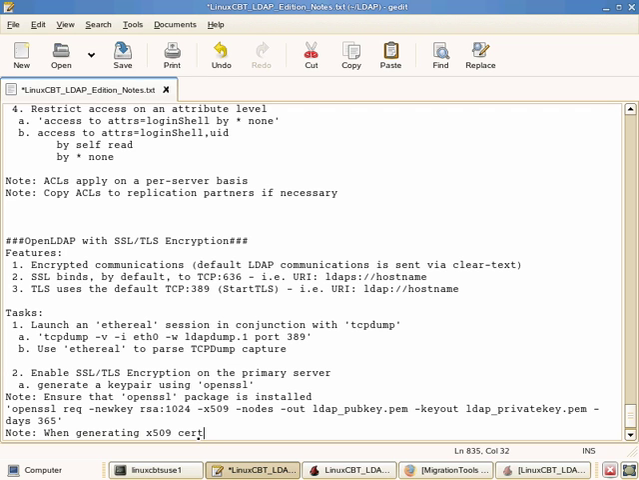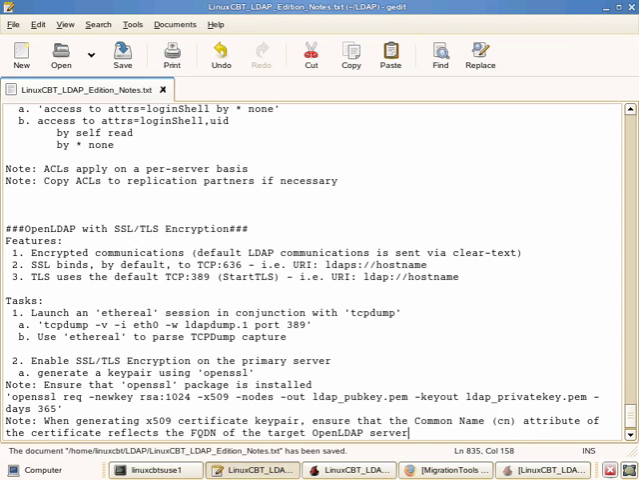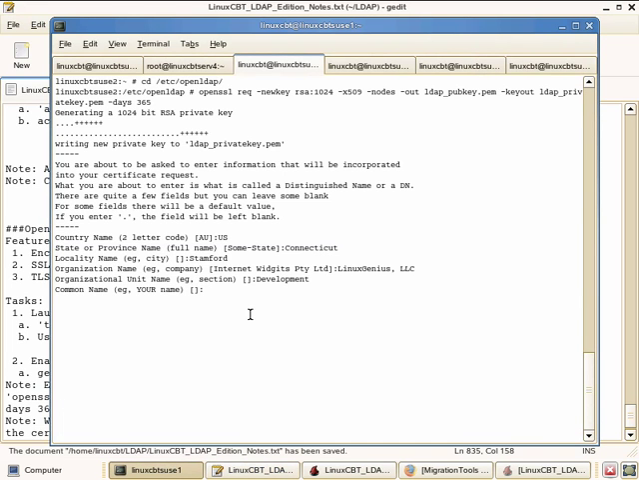an X509 certificate key pair, it's also a key pair, a private key and public key pair, ensure that the common name or CN attribute of the certificate reflects the FQDN or fully qualified domain name of the target OpenLDAP server. So for our primary server, that'll be Linux CBT SUSE2.linuxcbt.internal,